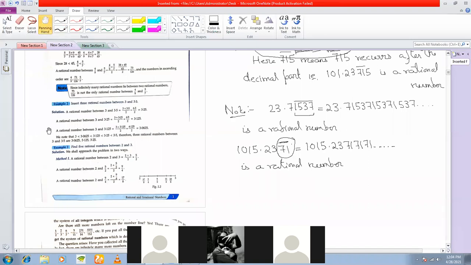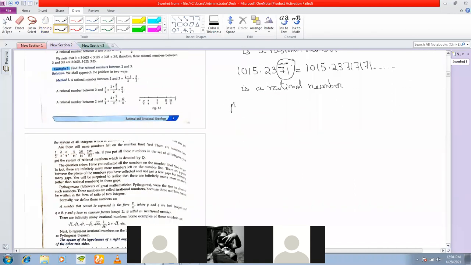So what can you say? Any decimal representation of a rational number. If you're given a fraction, you already know that it is a rational number, right? Because it is a fraction, it is in p by q form. But when the decimal representation is given, how do you know whether you can write it in the p by q form or not? In that case, this is how you check. Any decimal representation of a number represents a rational number